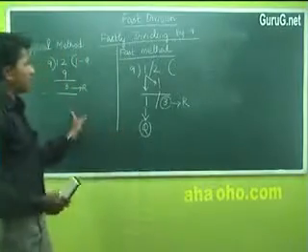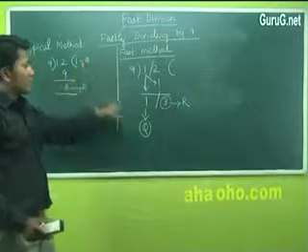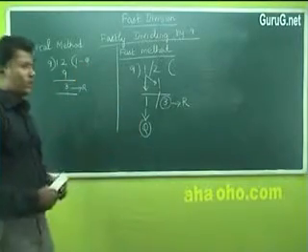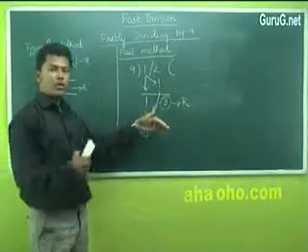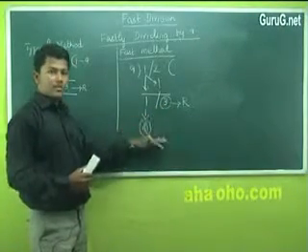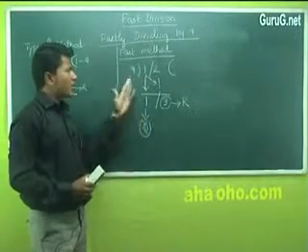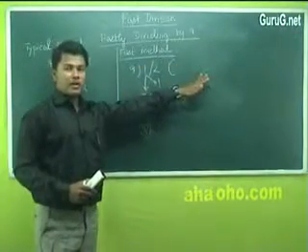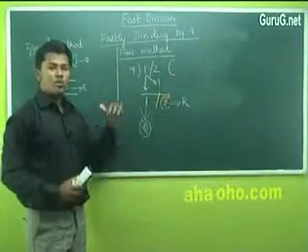Now check it with your typical method. 3 is the remainder and 1 is the quotient. So this is the fast method. I'll tell you how it is really faster when you can see that when the number is so large, even in that case, you are going to do it within one step.